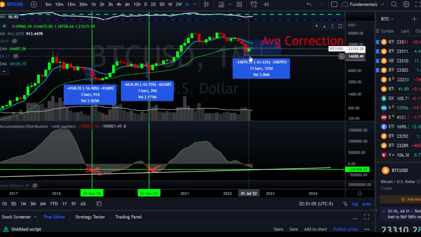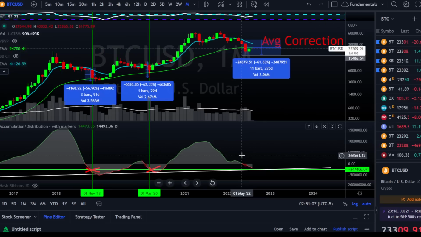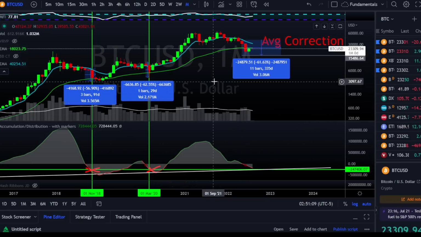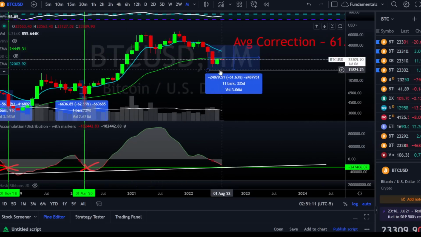And in this case right here, if we were to take the average of that and take it from the time when it turned red, which was May of 2022, then that could put Bitcoin as low as about $15,500. Now, when we're talking about a current low of 17,500 versus 15,500, is that close enough? I mean, it could very well be. So I do still think that the most reasonable worst case scenario would be that $15,500 region.